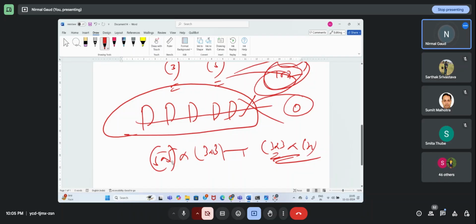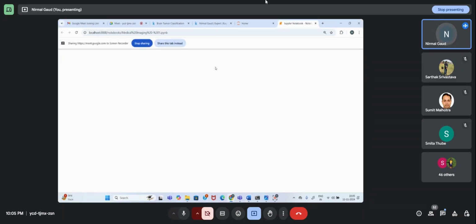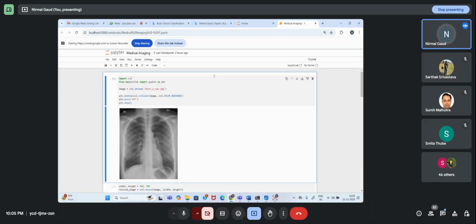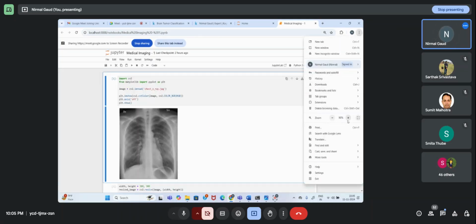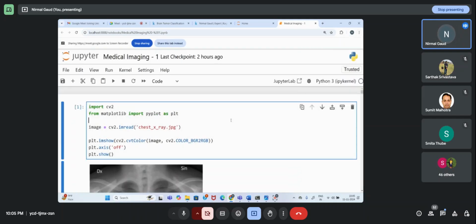Meanwhile, I got some basic code for you, so at least we can have some hands-on related to medical imaging. I have also shared the code with you. If you want to practice from your side, you can install a library, that is CV2, the Computer Vision library, version 2.